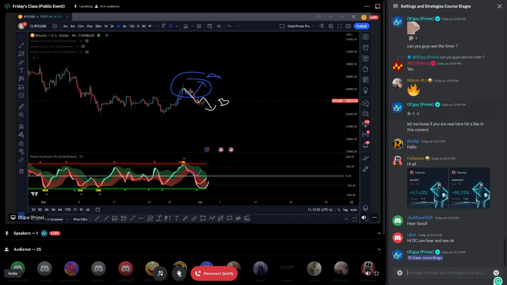All right, let's take a look at Bitcoin first, because we always do a follow-up on Bitcoin, and we always say that we have two plans in here. We have plan A and then plan B. As you can see, plan B actually played out almost perfectly. The timing this time was flawless. Plan A did not work out, but that's how we planned for it to go. All right, so let's get started with Bitcoin.